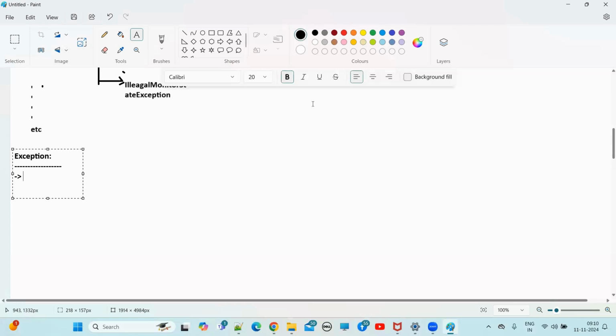Any program we write should not be terminated abnormally. Always it should terminate gracefully. If any exception is raised, we have to write exception handling logic also. If you provide exception handling for that exception, the rest of the program will be executed normally, and finally we achieve graceful termination of the program. Am I right or wrong?